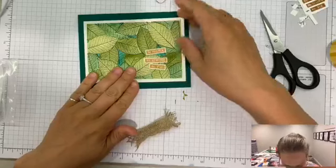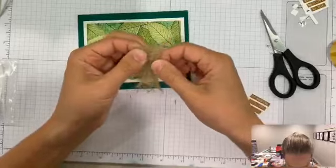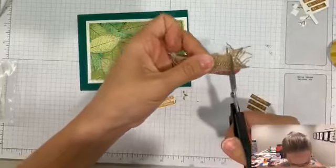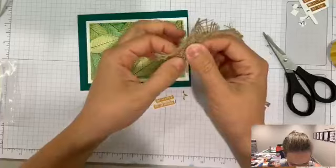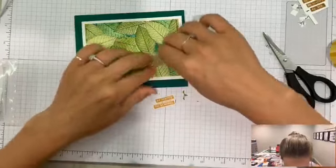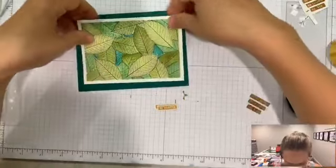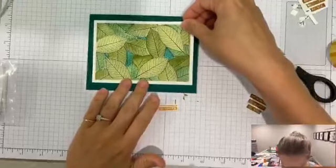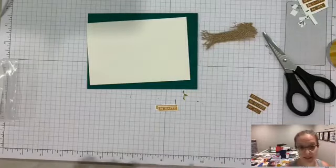Okay, so let's glue down. We're not going to use the linen thread. We're going to stick with this here. Maybe I have it a little bit too long. Yeah, it's a little bit too long. Okay. So this will be glued on our card base. Wesley's still here. And we're going to use our stamp and seal because...